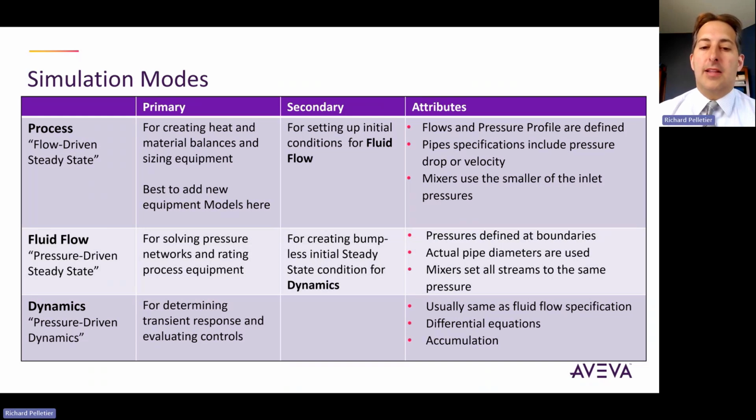So a lot of things flip around in terms of what's specified and what's calculated. And we're going to see that as we work through the rest of this module, this session today. It's mostly focused on what happens when you switch modes, why, and what you can do to help ensure success. But on the most fundamental level, specs swap around,